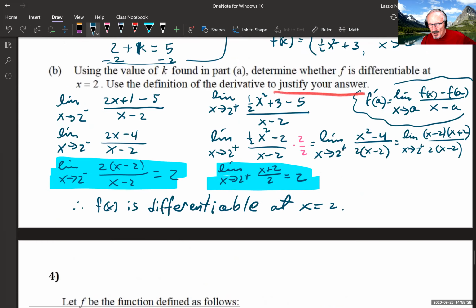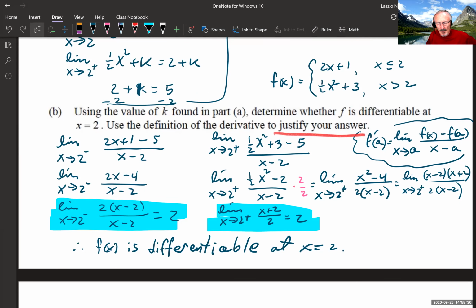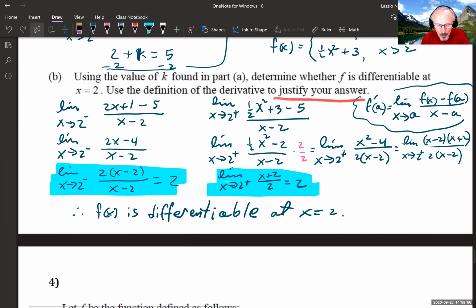Okay? So again, lots of work required. We needed to make sure that we complied with using the definition of the derivative. We did. We had choices, but because we were finding the numerical value of the derivative at x equals 2, I think that the quickest and easiest way to do this was to use the alternative form, or better known as the numerical value of the derivative at a point. Okay? So moving on,